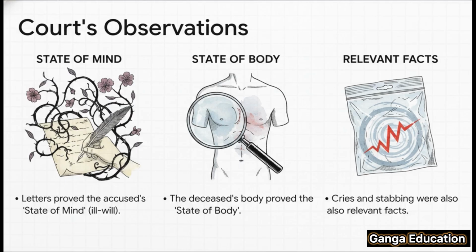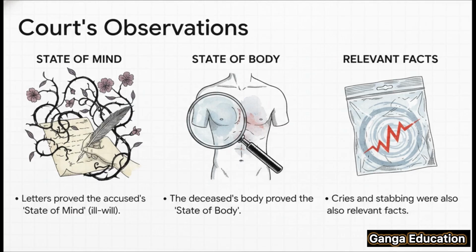पहला, अक्यूज्ड ने अपने फादर इन लॉ को कुछ लेटर्स लिखे थे। कोर्ट ने उन लेटर्स को रेलेवेंट माना। क्यों? बिकॉज वो लेटर्स उसकी स्टेट ऑफ माइंड को शो कर रहे थे। उसकी अपनी पत्नी के लिए जो इलविल थी उसको दिखा रहे थे, जो कि मोटिव एस्टैब्लिश करने में हेल्प करता है। फिर दूसरा पॉइंट, डिसीज्ड की बॉडी की कंडीशन, इसको स्टेट ऑफ बॉडी प्रूफ करने के लिए रेलेवेंट माना गया, जिससे अटैक की ब्रुटैलिटी का पता चला। और तीसरा, डिसीज्ड की चीखें। ये सारे फैक्ट्स जब एक साथ आते हैं ना, तो उस पूरे इंसिडेंट की एक क्लियर पिक्चर क्रिएट करते हैं।